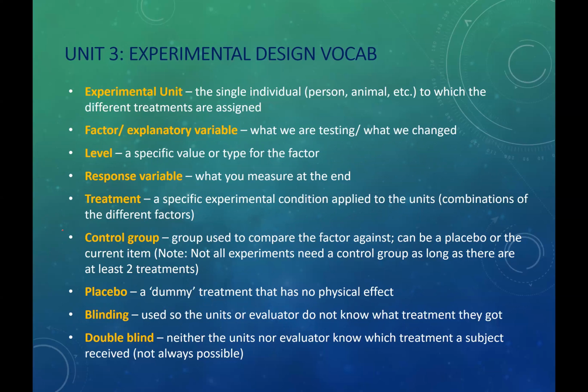A placebo is a dummy treatment that has no physical effect. Blinding is where you don't know what treatment you got or the evaluators don't know what treatment you got. One way to do this is by giving some people a placebo. So a placebo is a method of blinding. A double-blind experiment is where the units and the evaluator do not know which treatment the subjects received, which is